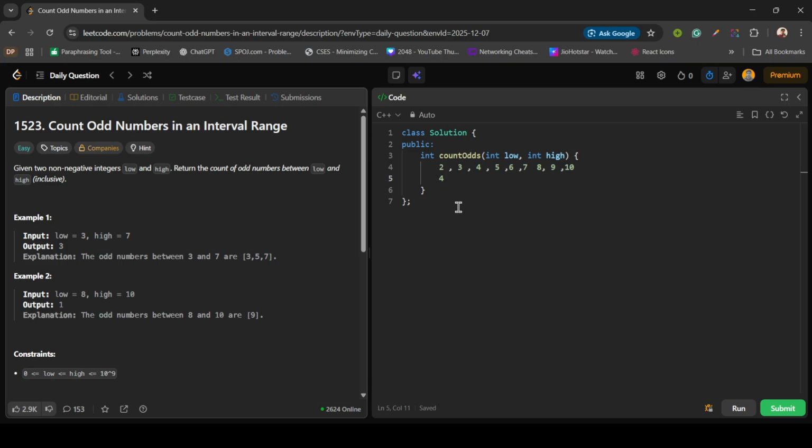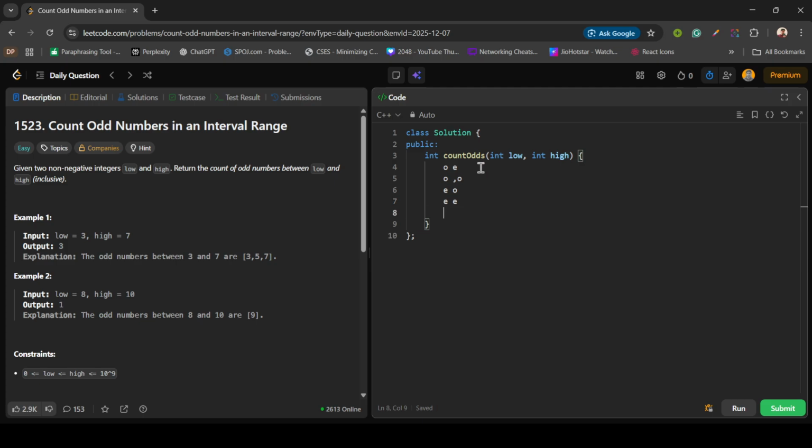Now if we take another example, if both numbers are even, then we don't have to count the both boundaries; we just have to count the number of integers between them. So let's take four cases, basically about low and high: low is odd and high is even, low is odd and high is odd, low is even and high is odd, or low is even and high is even. If we check all these conditions,